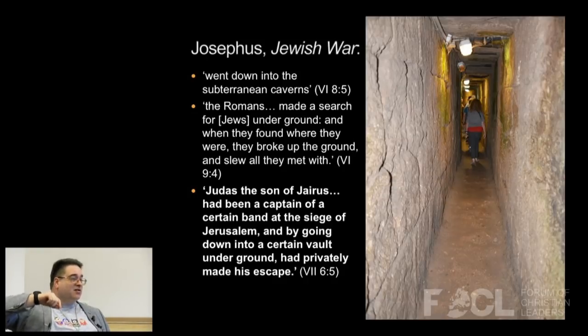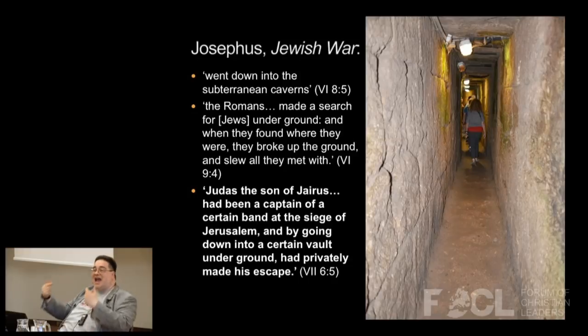So here is historical evidence that links with the archaeological evidence of the actual tunnels that we've discovered, that it was possible to get out of Jerusalem during the siege of Jerusalem. So it is, I think, possible that desecration of the temple was the sign before the Romans go on to slaughter the population that Jesus is talking about when he says, when you see the desecration of the temple, it's really important that you get out. You might have to know someone who works in the sewage department in order to know which hole to go down, but it was possible to get out.